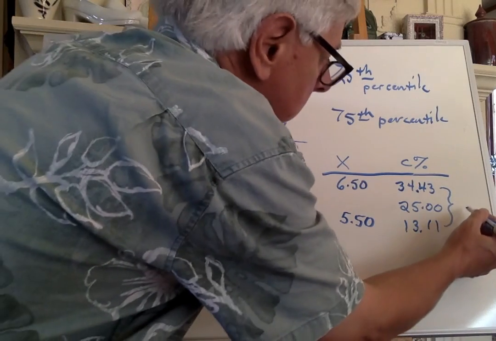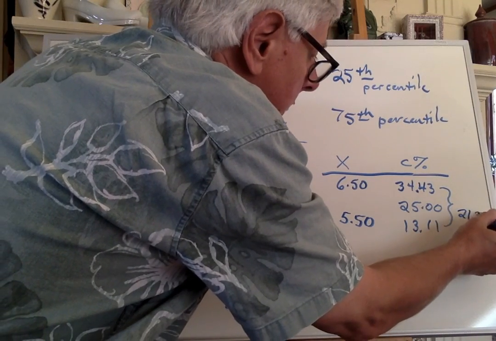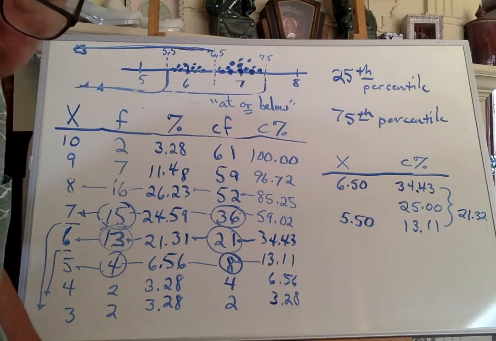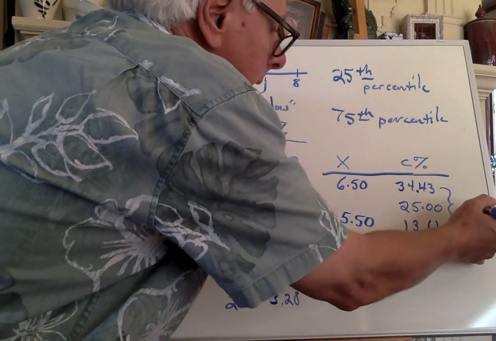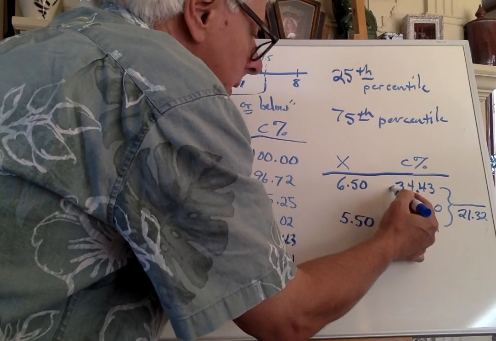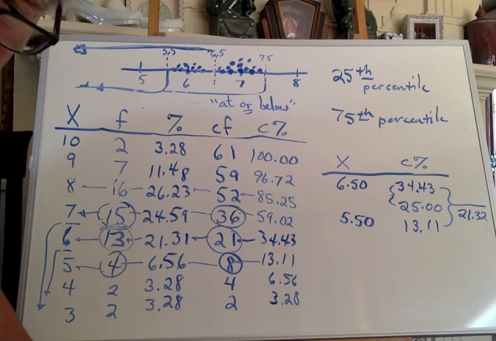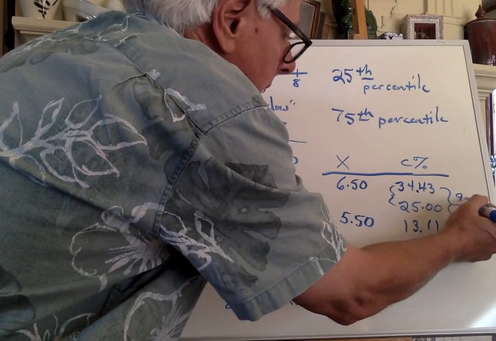So this whole distance here is 21.32. Okay, everybody got that? And then I went down a certain amount. So I'm going to do 34.43 minus 25. So I went down 9.43